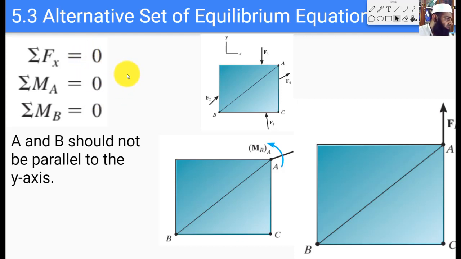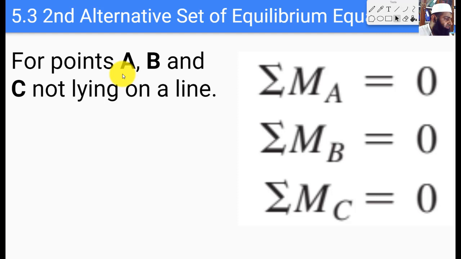And we also have a third alternative set for equilibrium equations. If the sum of all the moments at three different points is equal to 0, and all these 3 points do not lie on a line, so if we have a rigid body, let's assume that